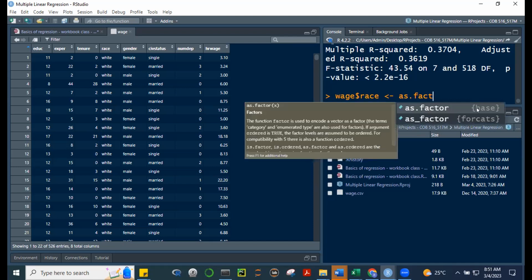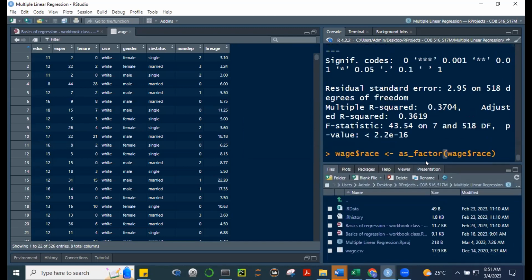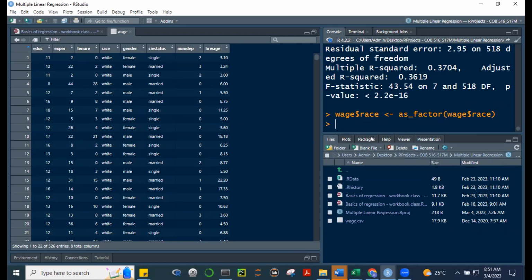This is coming from the base R package. as.factor, and then Control C, Control D. So I'm just telling R to convert the race variable into a factor. It's as underscore factor, right? If I run this, Control Enter,